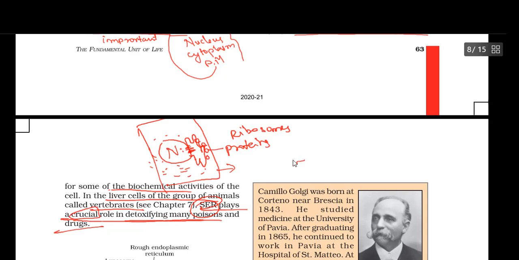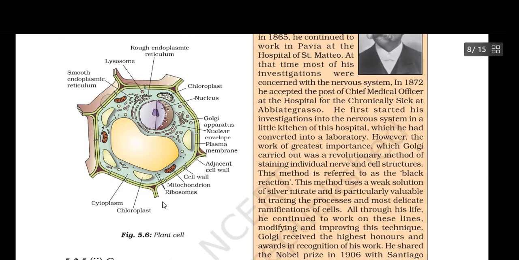Okay, so this is about endoplasmic reticulum. So here they gave the plant cell; how the endoplasmic reticulum is arranged in the animal cell we have seen, and here they gave the plant cell. So remember one point here, in animal cell the nucleus will be in the center, and in plant cell the nucleus will be at one end or one side of the plant cell. So if you observe, this is the nucleus, so it is on one side of the cell, and the layer with the things you are going to see, right?